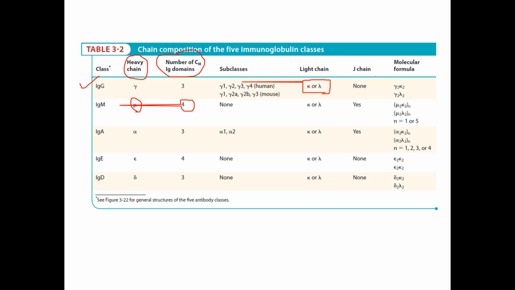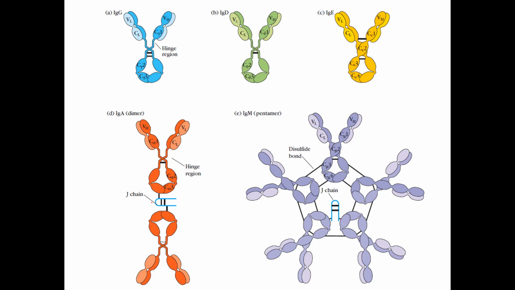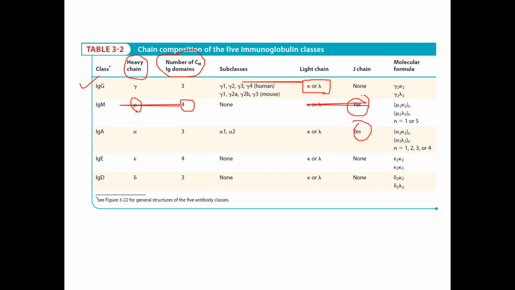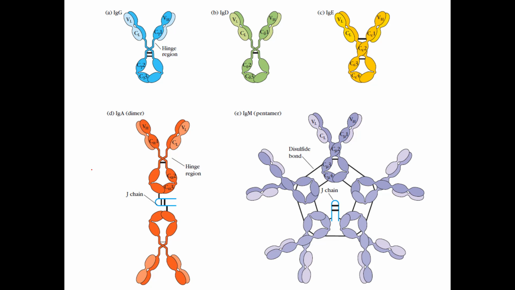Some immunoglobulins also consist of a J chain, or joining chain. These are present in IgM as well as IgA antibodies only. And why are they present? Because IgG, IgD, and IgE do not consist of a joining chain, they exist in monomeric form only. But IgA and IgM, as they consist of a joining chain,